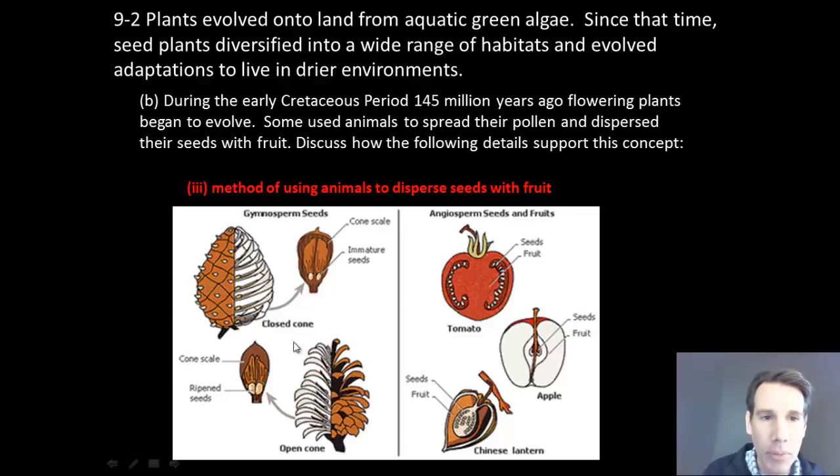So here we're looking at a gymnosperm. Gymnosperm actually comes from a Greek word which means naked. Gymno means naked. Sperm is essentially seed. And so the seeds in this cone are sort of exposed or naked. You could take a pine cone that's mature and dry and shake it, and the seeds will come flying out. And that's because those seeds are sort of exposed or naked inside the cone.